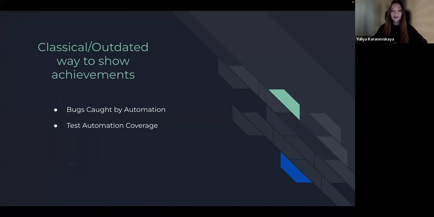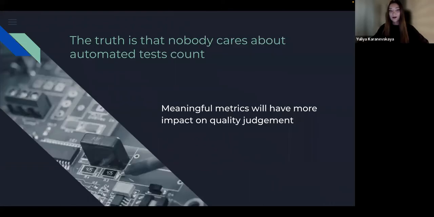And of course, there are some ways to show our achievements. They can be called classic, but today they are considered more outdated. And we all did it, of course. It's proudly talking about the number of bugs, our autotest code, and of course, showing off the autotest coverage. But these are not the numbers that business really requires today. Unfortunately, no one cares about the number of your tests or the number of bugs. What we need indeed is numbers that really will speak for themselves.